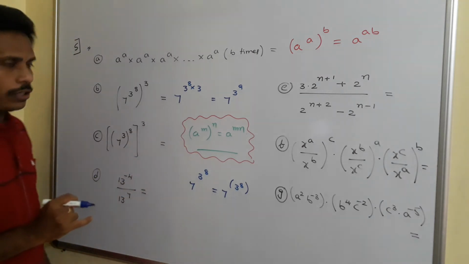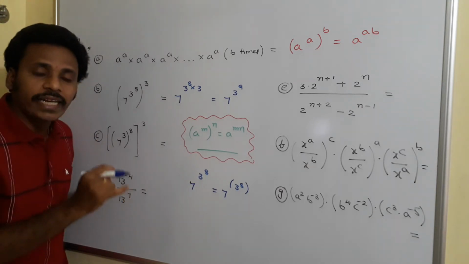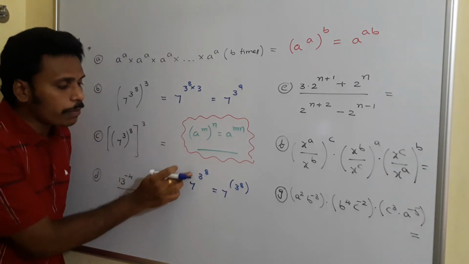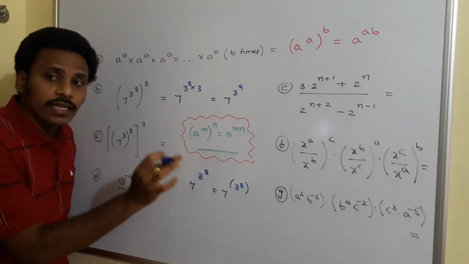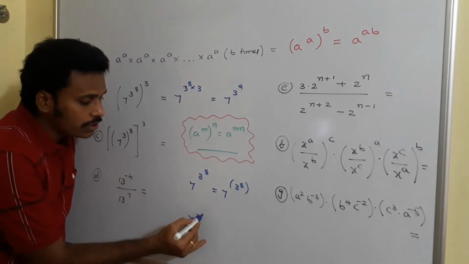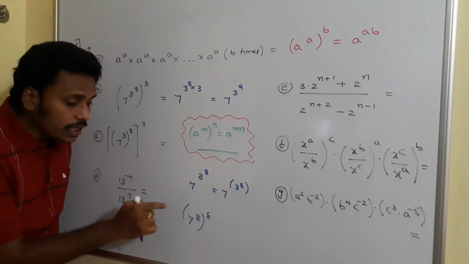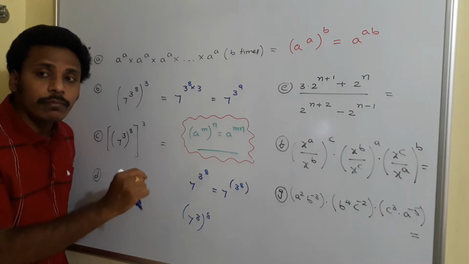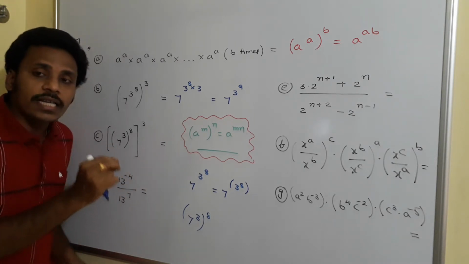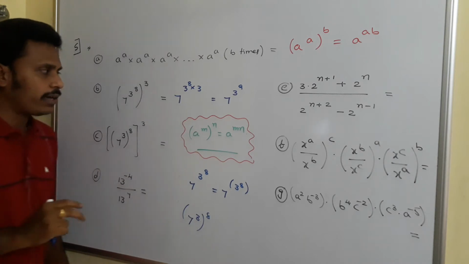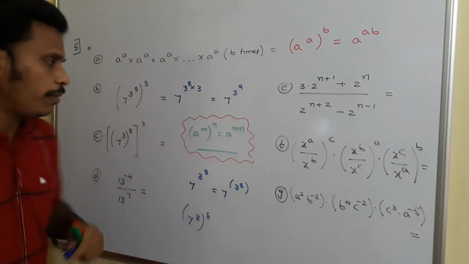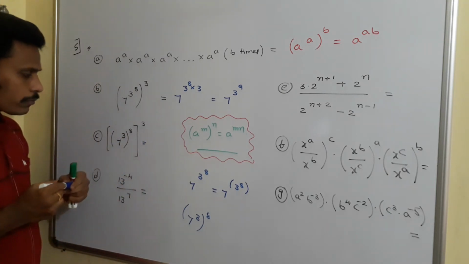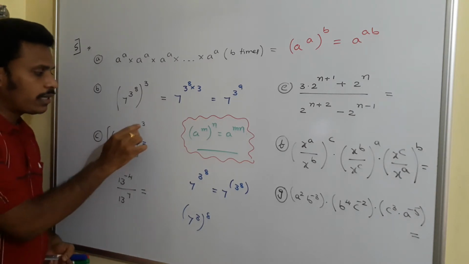If you feel any confusion, it is just because of misunderstanding in identifying the base and the power. For 7 power 3 power 8, the base is 7 and 3 power 8 is the power. Whereas if I mention 7 power 3 whole to the power 8, in this case 7 power 3 is the base and 8 is the power. As I said, the bracket makes a magic. You need to understand the magic made by the bracket. So the answer for the first problem is a power ab, whereas the answer for the second problem is 7 power 3 power 9, and now think about 7 power 3 power 8 power 3.